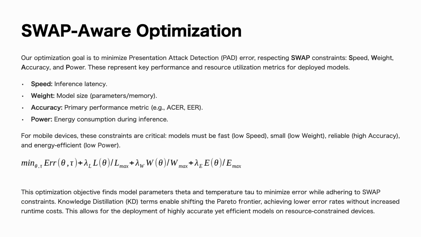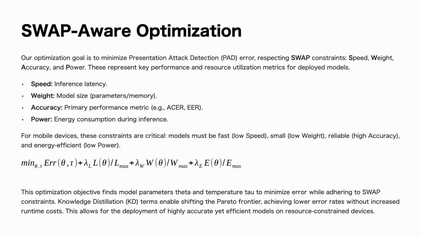So, our optimization goal is to minimize presentation attack detection error while respecting SWaP constraints, which are speed, weight, accuracy, and power consumption. This represents key performance and resource utilization metrics for deployed models. Speed is actually inference latency. Weight is about model size, which is about parameters and memory consumption. Accuracy